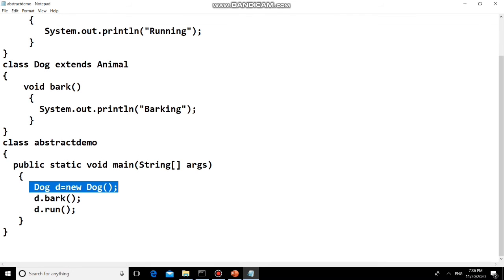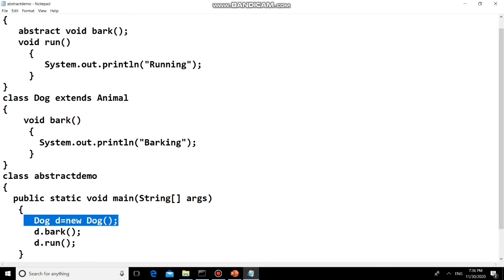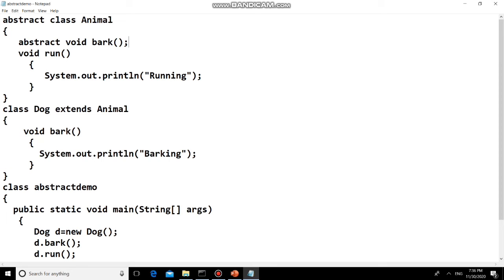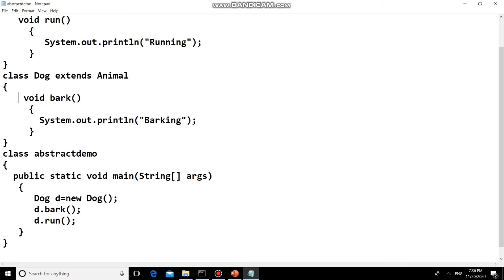I have created an object of the Dog class, which I can do because it is a normal class. Then d.bark: I'm calling the bark method, which is an abstract method for Animal and whose implementation is provided by the Dog class. Dog is extending Animal, so I can call this bark method.